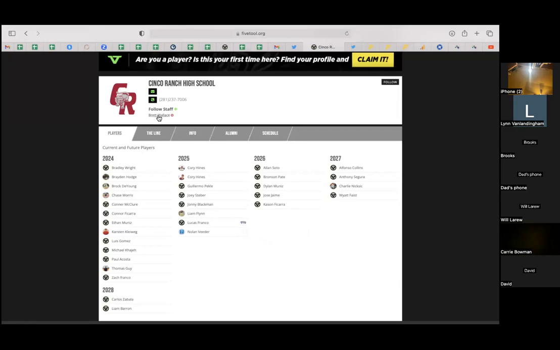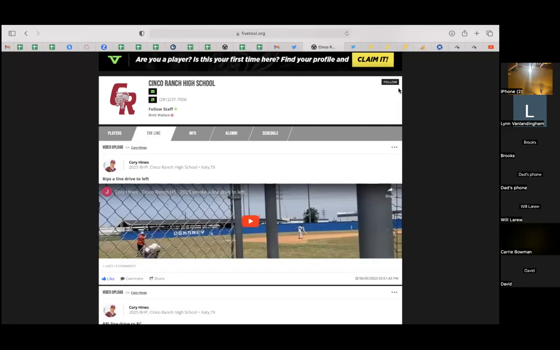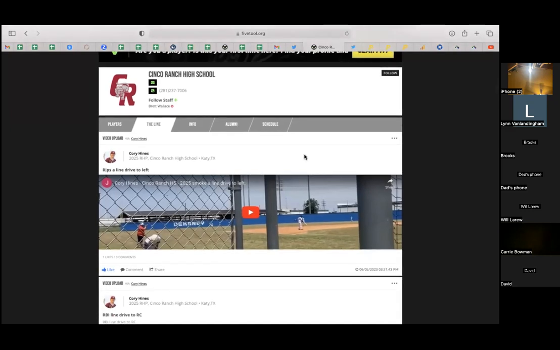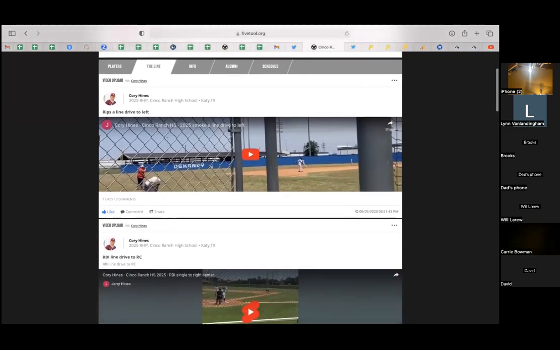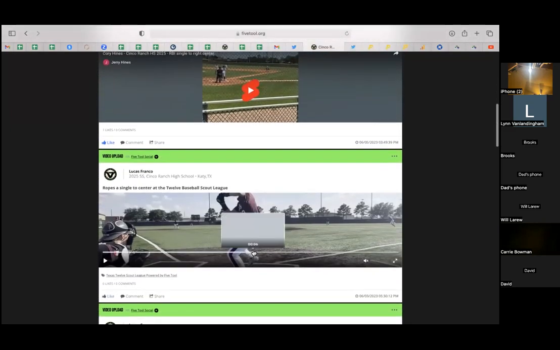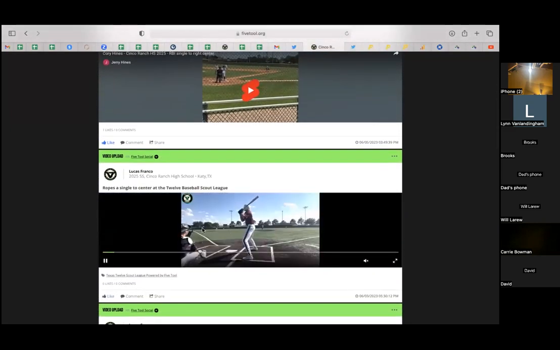Up here, you'll see Coach Wallace has a profile. So when a high school coach or a college coach has a profile, we tag that to their page. And so they can come on here and follow players. And what a lot of them are doing is they'll follow their own school. And then on their main page, on their line that I briefly showed you earlier, any highlights that get uploaded from their players will automatically go to their line. So they're seeing that all centralized in one place.